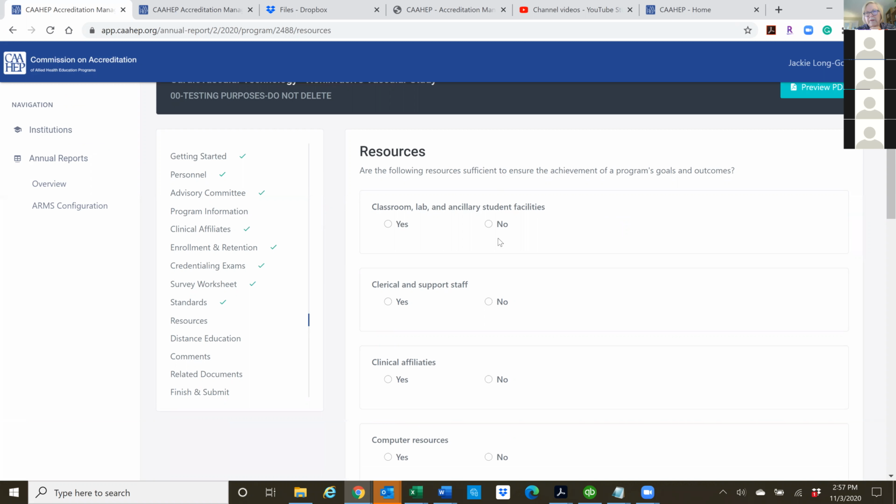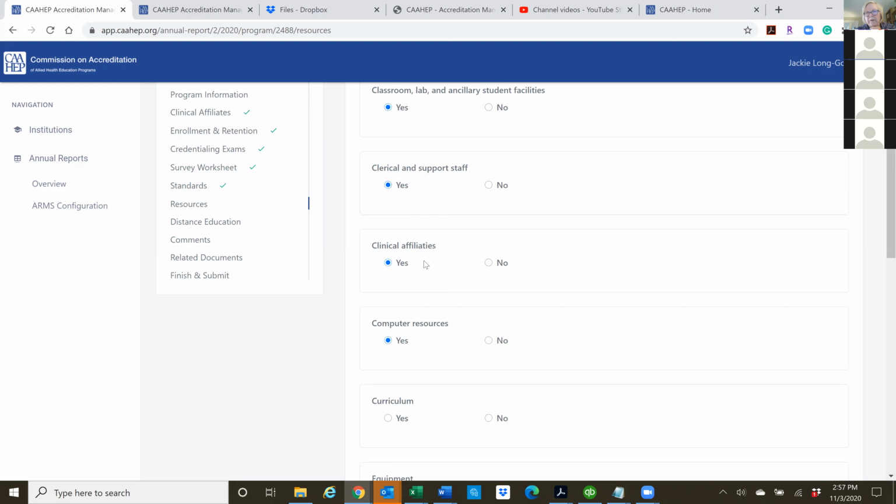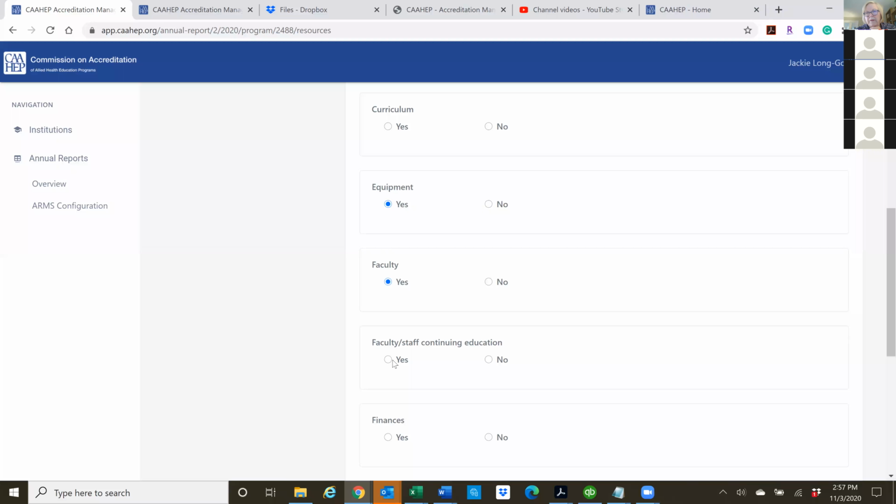And I think it's going to be a lot cleaner now because in the old system, that analysis and action plan box was there for everything. Now it's not there unless you need it. So then you want to do your resources. You say yes, yes, yes. Remember, you're going to use your resource assessment matrix to get this data to fill this in. So just yes and no. Again, if you said no, my college doesn't give me any money or any time, then you click it there and it's going to open up the analysis and action plan box for you.